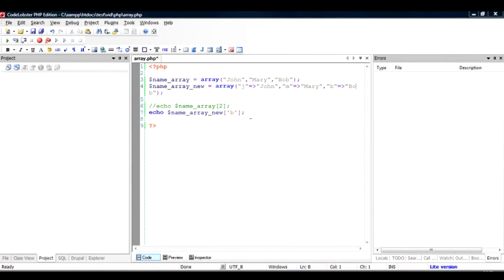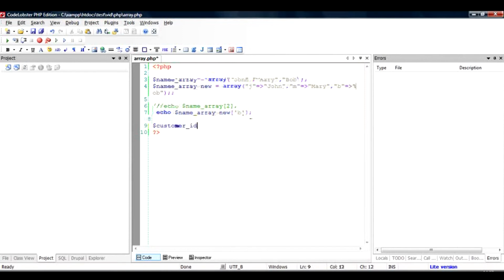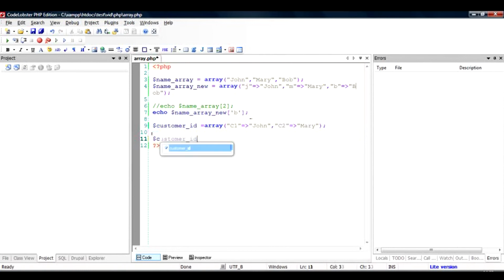Now let us take a real world example. For example, if you have an array of customer IDs, let's say call it C1, with the first name John, C2 as Mary, and if I want to access the customer by the ID and echo that value, to match the case here, C1 and C1, the case has to match.